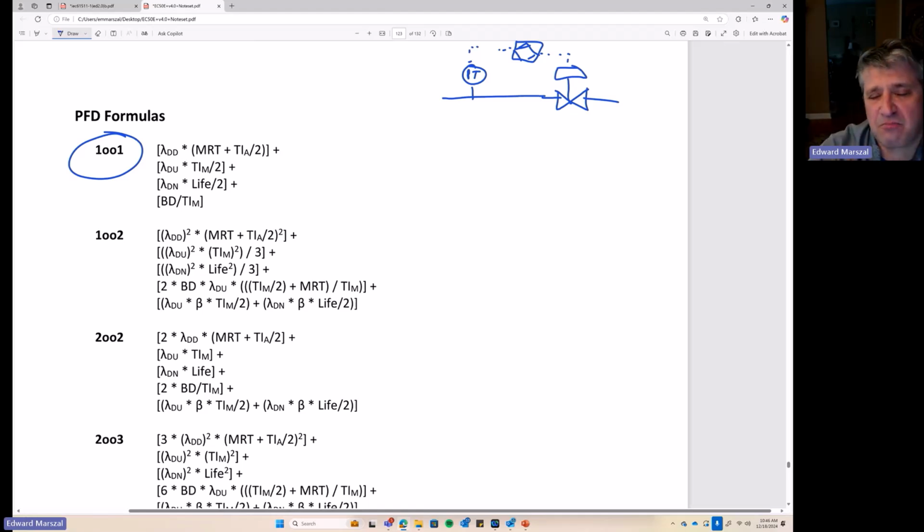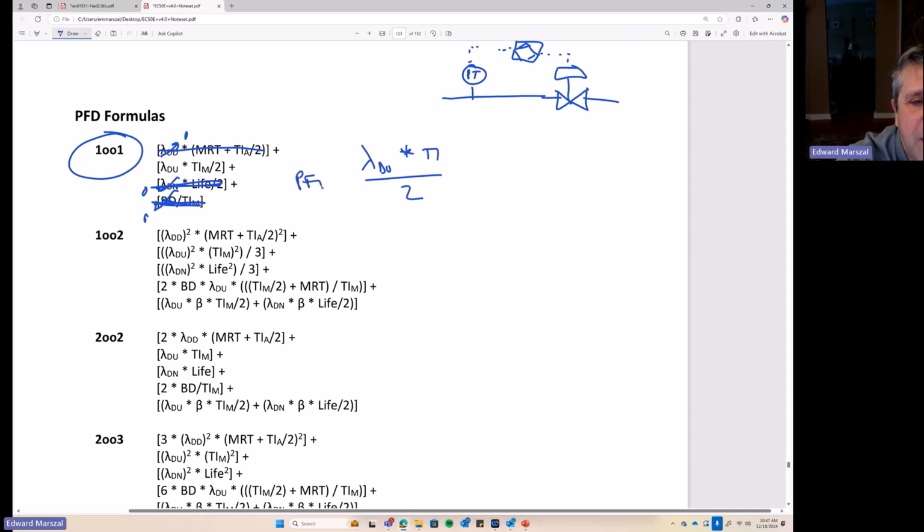So let's just make life easy and say, okay, let's assume this transmitter has no diagnostic, so this term goes to 0. Let's assume right now that we have perfect testing, so DN is going to go to 0. Let's assume we're only doing offline testing during the turnaround, so the online testing term is going to go to 0. Now I've got my lambda DU multiplied by test interval over 2. That's going to be my PFD for my